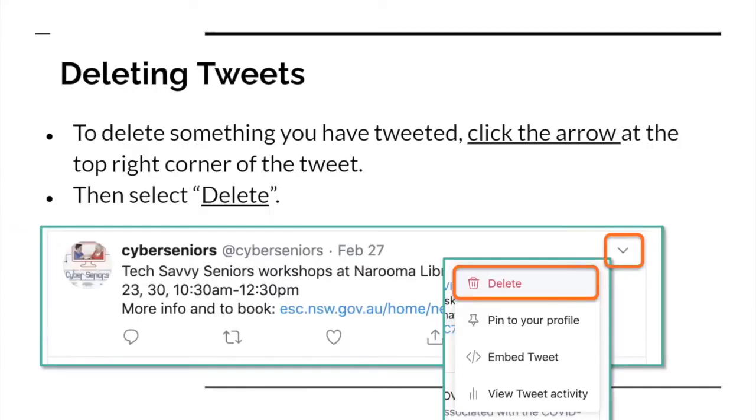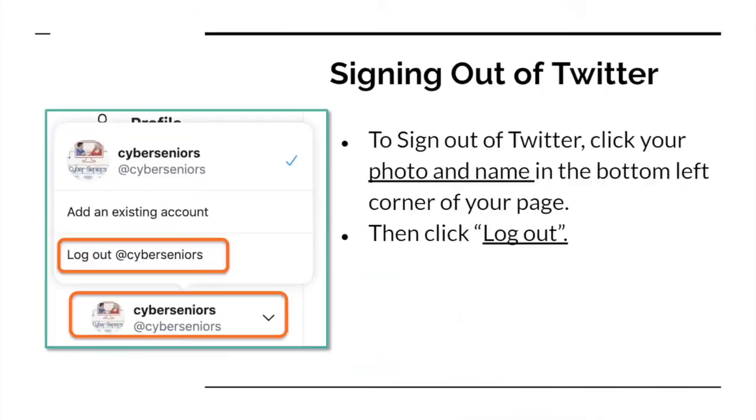Deleting tweets. To delete something you have tweeted, click the arrow at the top right corner of the tweet, then just click delete. Signing out of Twitter. To sign out of Twitter, click your photo and name in the bottom left corner of your page,